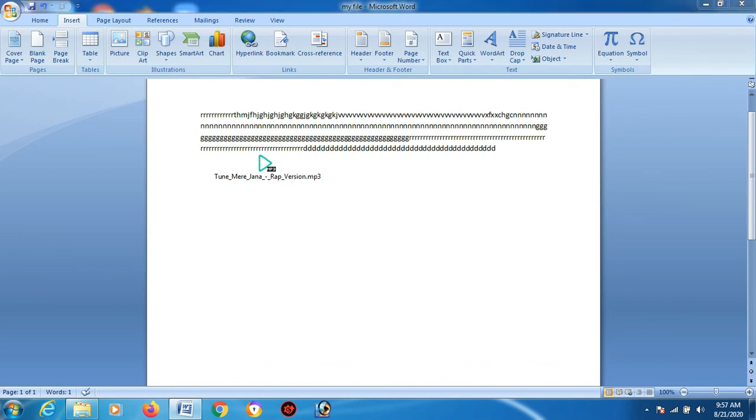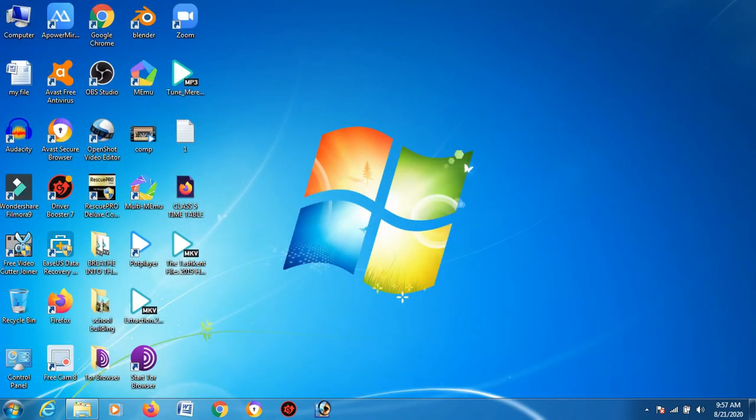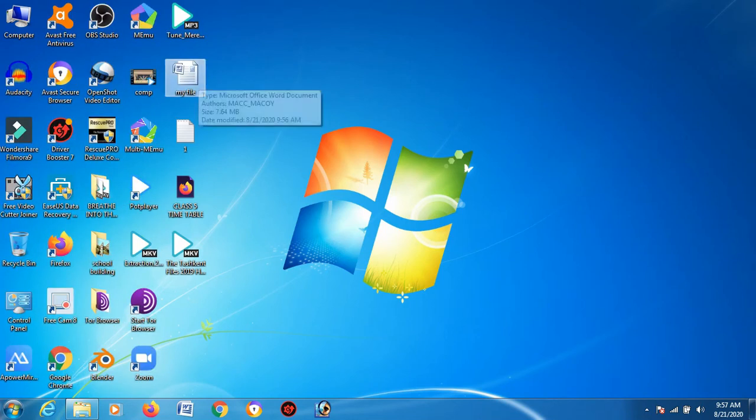Now let me show you the whole file, my file. See, this is the file, my file. So see, how much MB is it showing? 7.64 MB. Why? Because you have completely embedded the song. Is that clear?